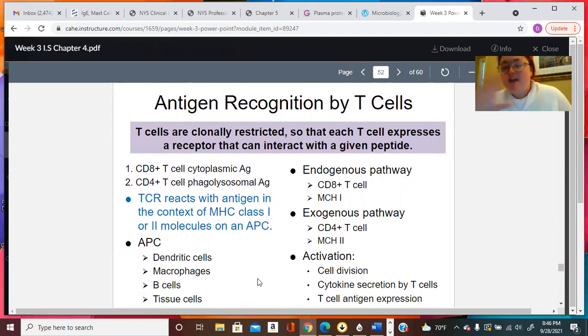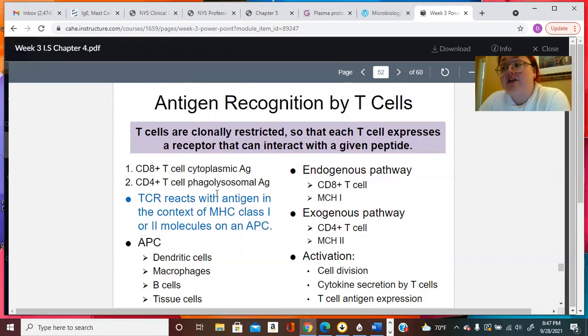So essentially, most of this is just a review of what we've already said. We've already talked about the fact that CD8 cells are going to bind with MHC class 1 molecules, right? We say that they interact with cytoplasmic antigen. Why? Because they're going to interact with antigen or infection inside the cytoplasm of the host cell, right? Cytotoxic T cells are going to destroy host cells that have been targeted for destruction because they're infected, as opposed